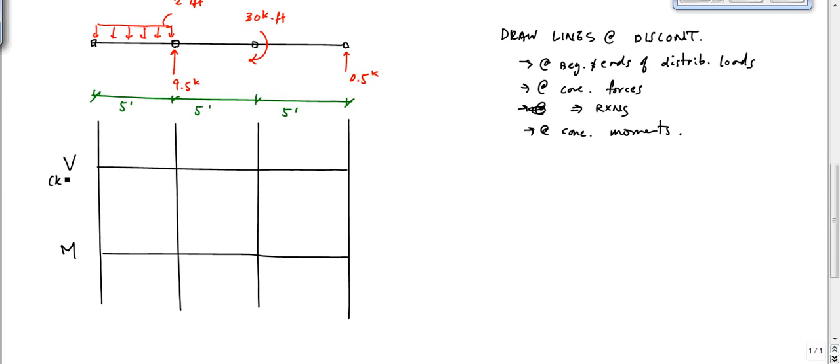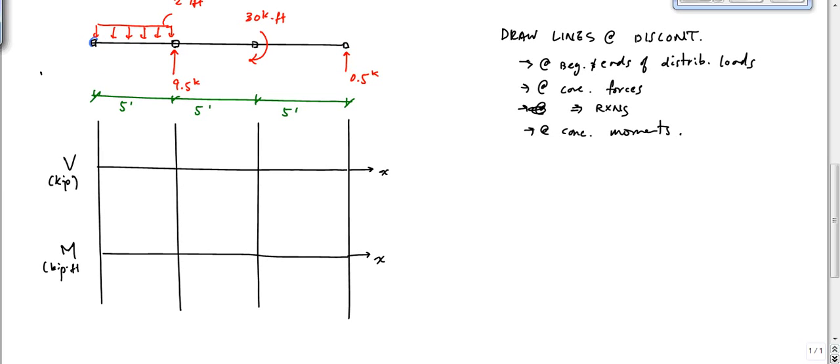Okay. And here, this will be units of kips and kip feet. So always label your axes. And technically speaking, this is the x-axis. This is along the length of the beam. Okay. So hopefully, starting for the shear diagram, you have, technically speaking, right at this point right here,